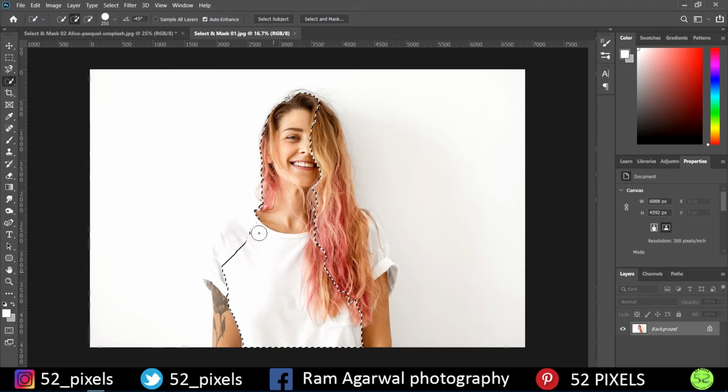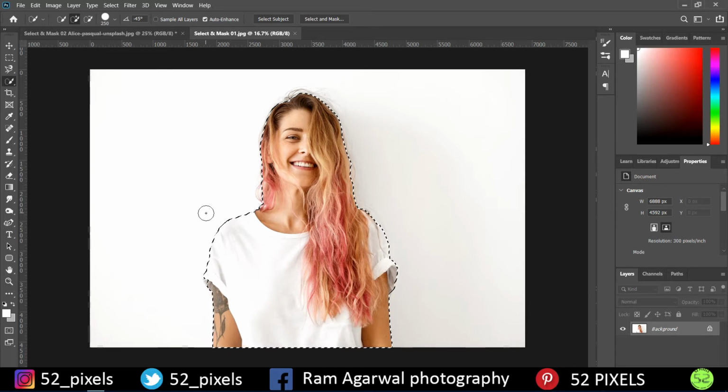I've just turned on the auto enhance feature, so it might take time to select, but it would be good, as the software would be able to judge between the different contrasts and provide me the best selection possible with this image. For now, I'll quickly select this object the best way I can and leave it up to the software to decide what to select and what to leave out. Somewhat just like this, and we are done with the bare selection.